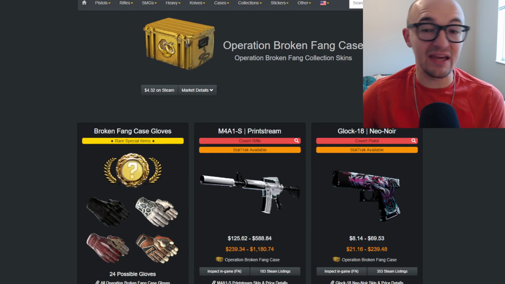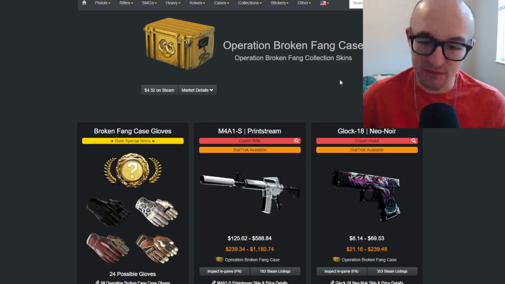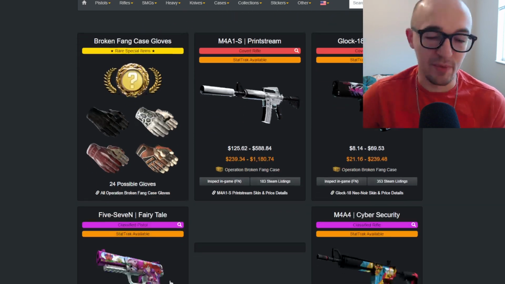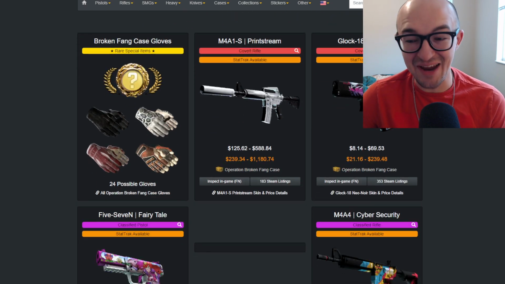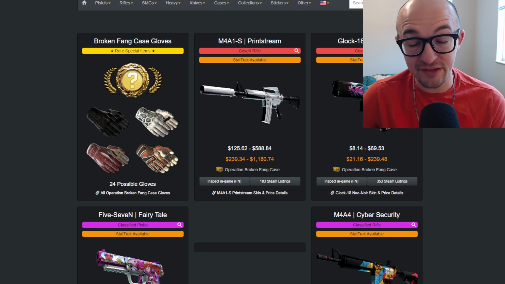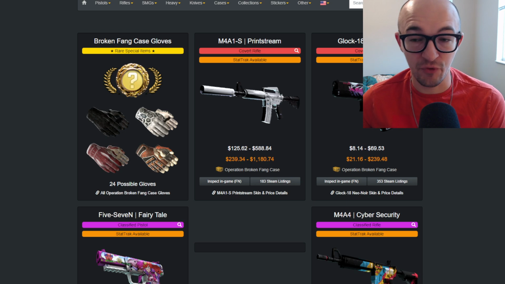First case with skins and Operation Broken Fang. This set is so cool for so many reasons. Obviously, the M4A1S Printstream. This is one of the most hyped skins in the game. This is super, super cool. I think M4A1Ss in general are going to pop in CS2 because now you can equip the M4A1S and the